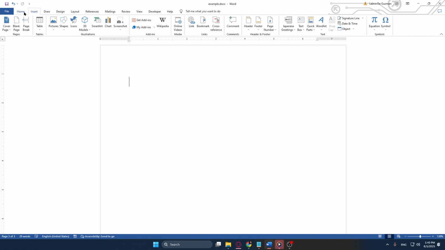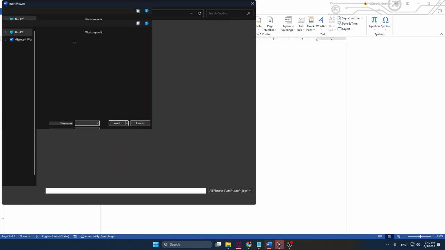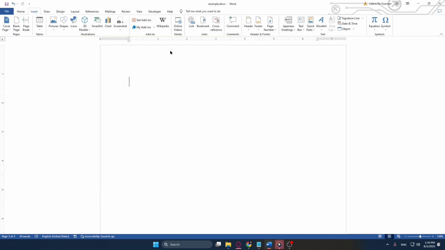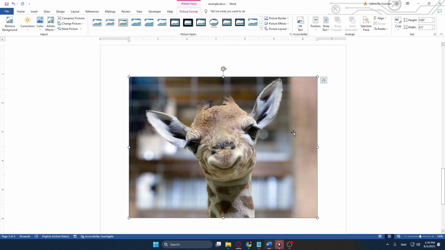To get started, you'll first need to open your desired Microsoft Word file. Make sure you have the image you want to work with inserted into your document. If not, go ahead and insert your picture by navigating to the Insert tab, then choosing Pictures and selecting the